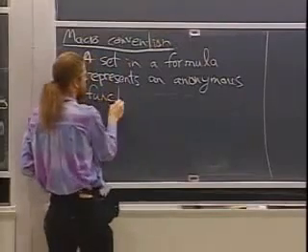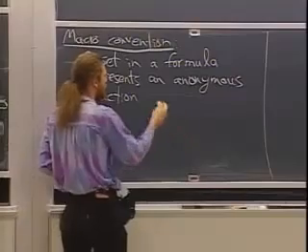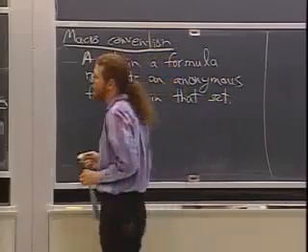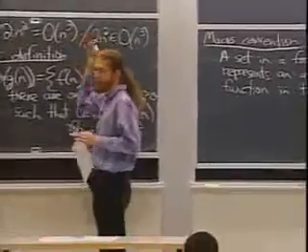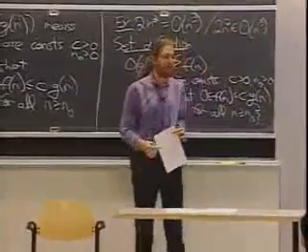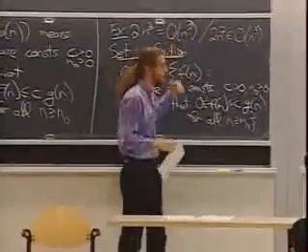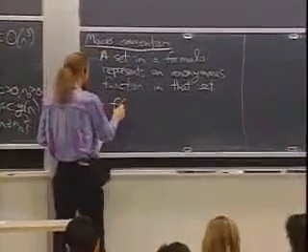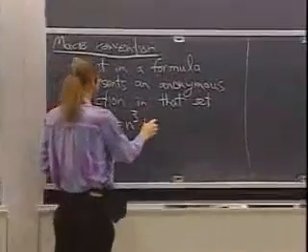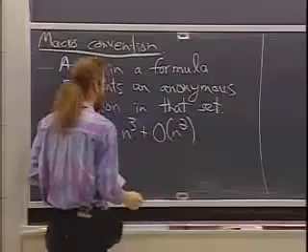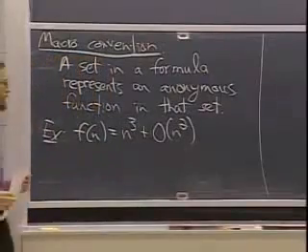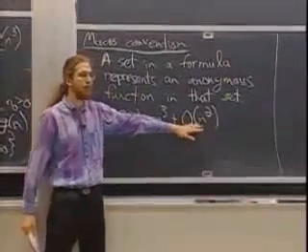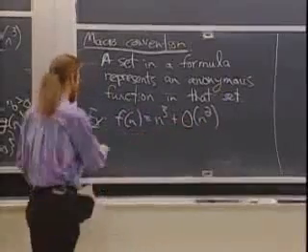So we've defined big O notation and the equals big O of something. And so we've only defined big O when on the equal sign we have big O of some function. But it's useful to have some general expression on the right-hand side that involves big O. So for example, let's say we have f of n is n cubed plus order n squared. So this is attempting to get an error bound. This is saying f of n is basically n cubed, but there's these lower order terms that are big O of n squared. And so this means